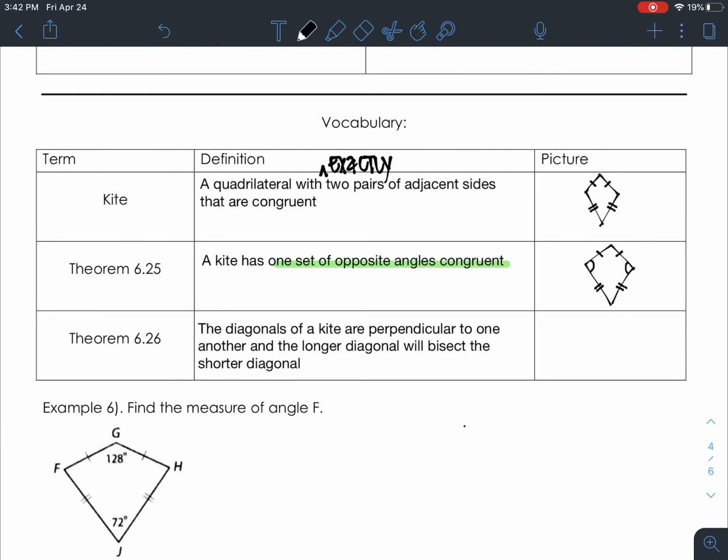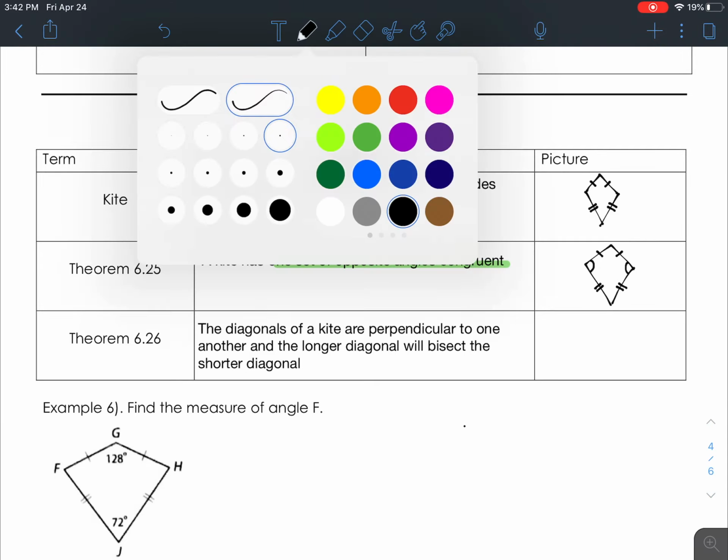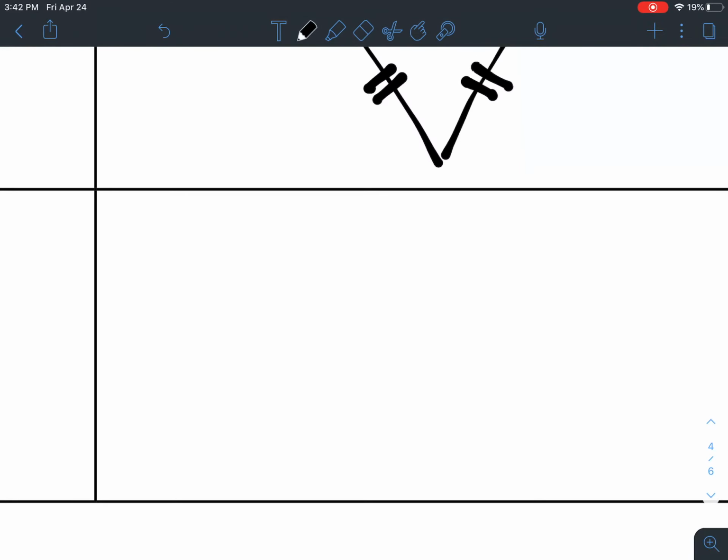Now, Theorem 6.26 is all about the diagonals. So the first one says that the diagonals of a kite are perpendicular to one another. And then the other one is that the longer diagonal will bisect the shorter diagonal, okay? So there's two key components in here. So if we draw our kite again,